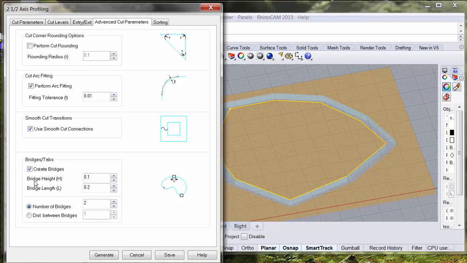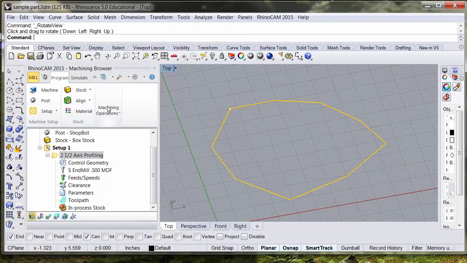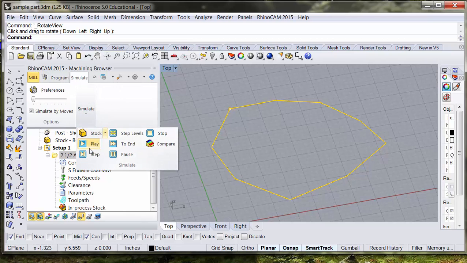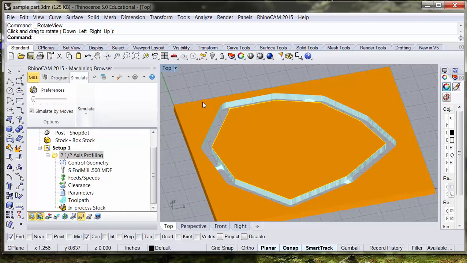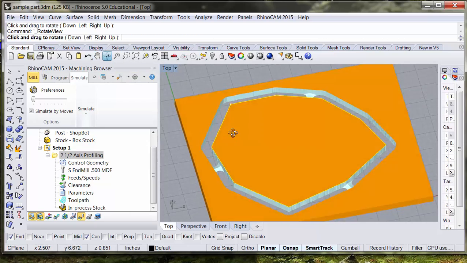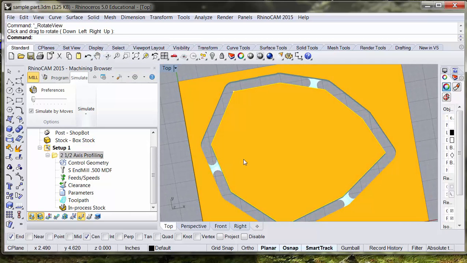Now we can select the height and length of the bridge. The height is the Z axis, and for this I'm going to set this at 150 thousandths. I'm going to set the length a little higher than this, to 300 thousandths, and I'm going to set this for 3 bridges. So now we're going to generate this, go back and hit simulate, and now if we look at it, we'll notice that we've got 3 little bridges